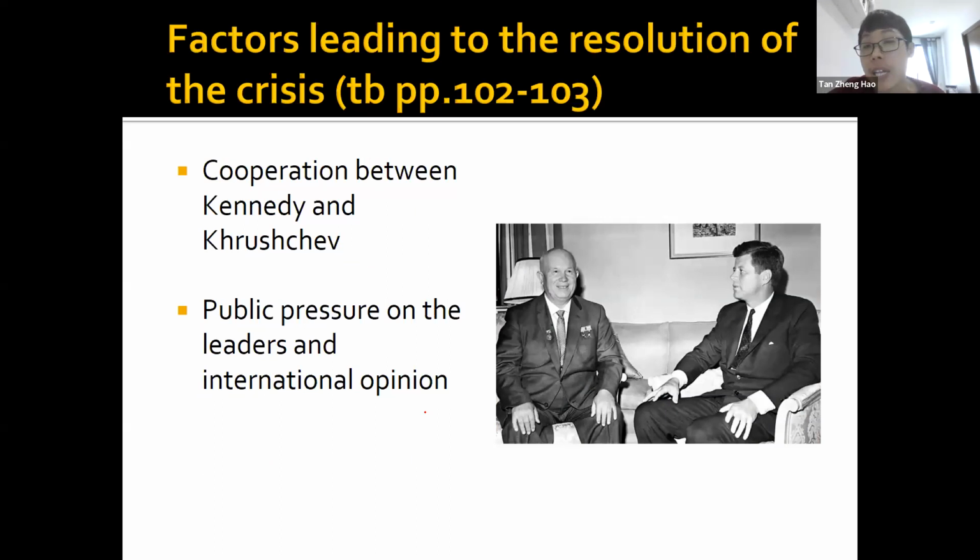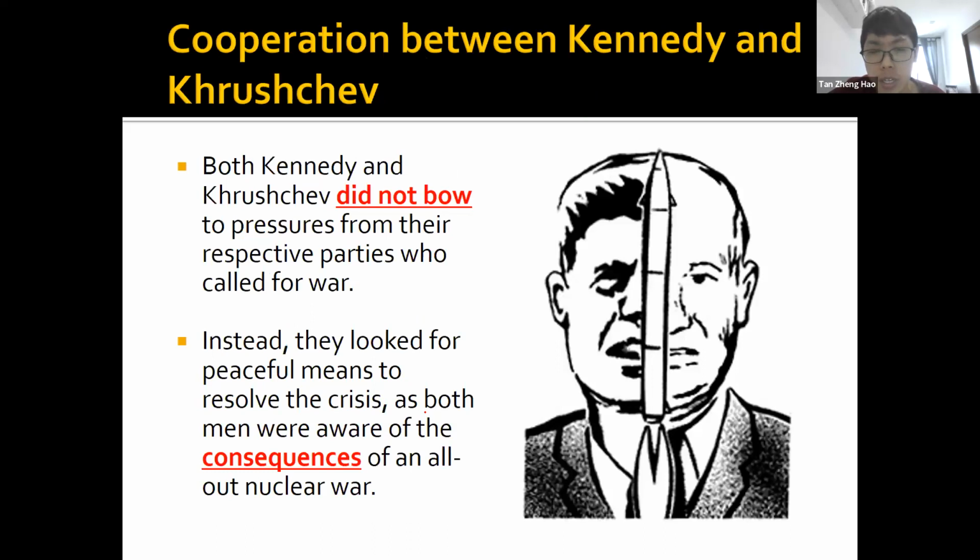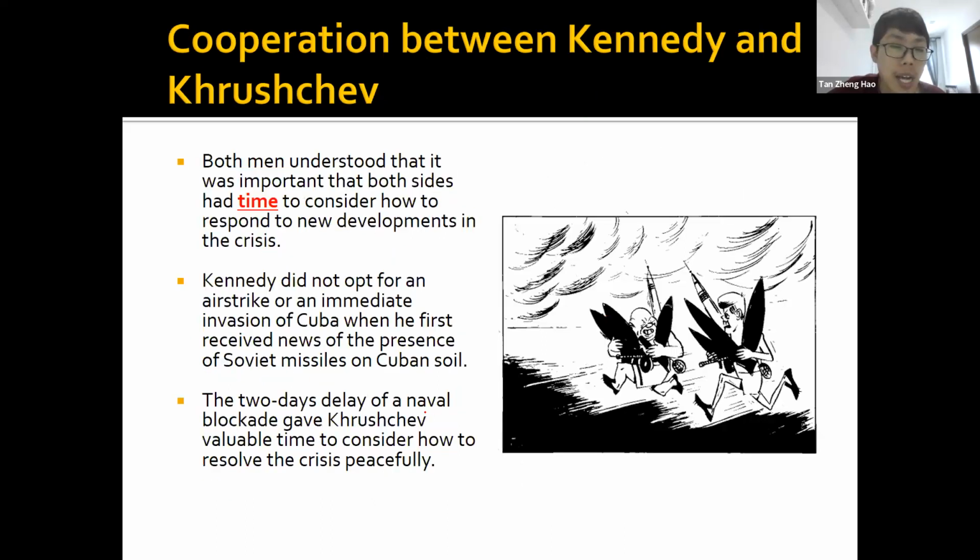So there were a few other factors that led to the end of the Cuban Missile Crisis. One is that Kennedy and Khrushchev were willing to cooperate with each other, but other people were also pressuring them to do something to reduce the tension. At first they were both very hardline and not willing to step down. But in time, both men realized that they needed to tone it down a little, because going to a nuclear war over this is not worth it. That is why Kennedy did not initially do an airstrike or invasion of Cuba. They also started to realize that it is not worth fighting over Cuba like this.